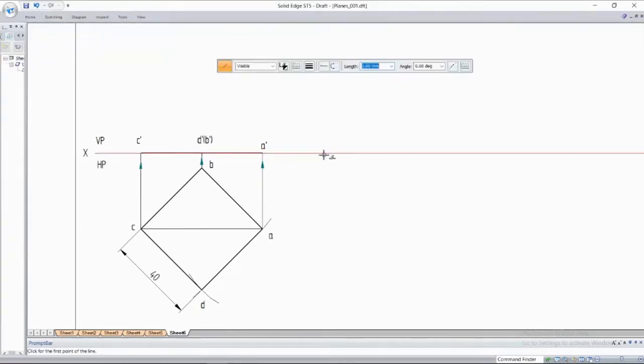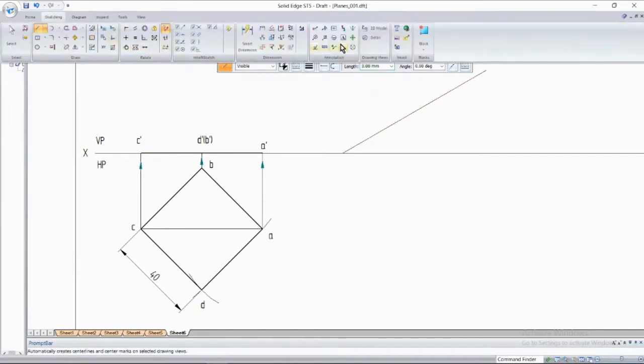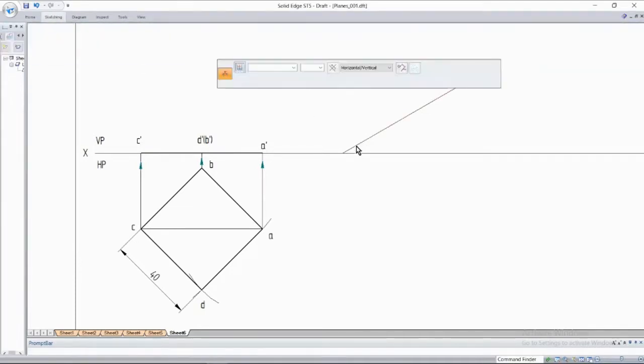So you have to draw a thin line here at an angle 30 degrees. I'll take 0.05. Just draw a thin line at an angle 30 degrees. Not to worry about the length. And do mention the angle here.